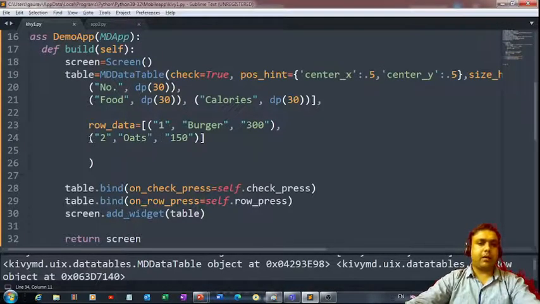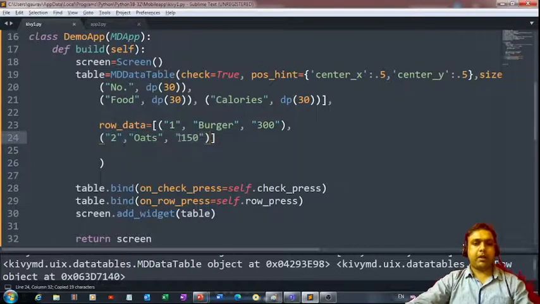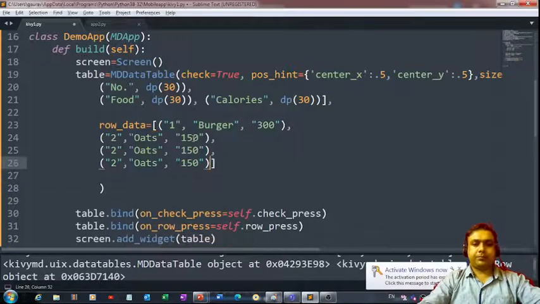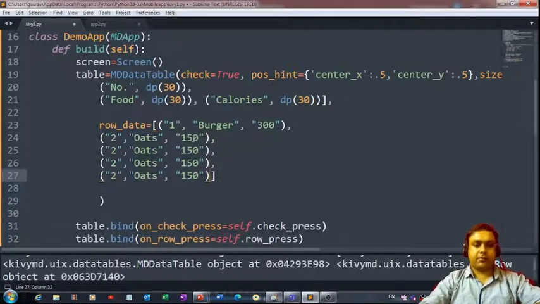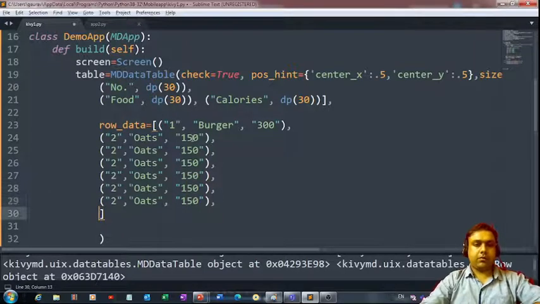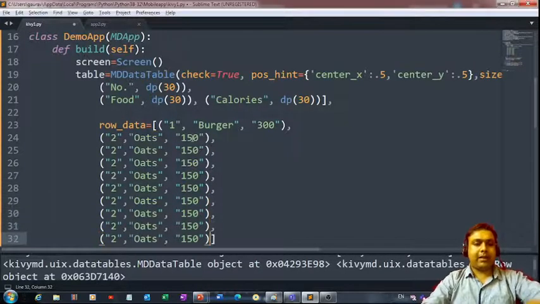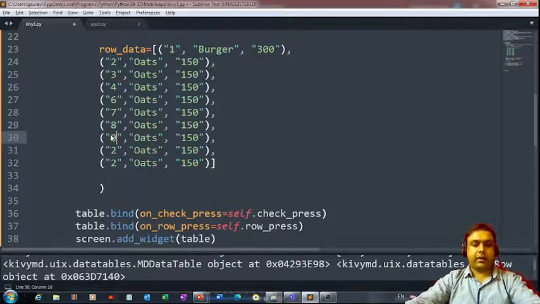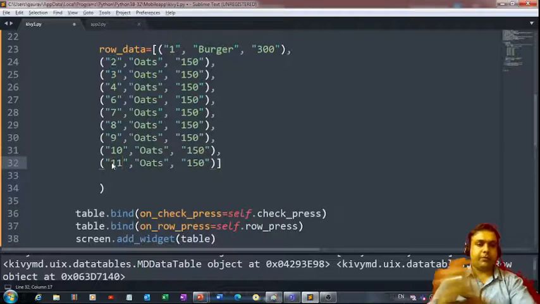To do that, we can simply follow this step. I'm copying it and putting it over here. I'm going to make different instances of this. I would like to have 10 rows, let's say. So this is the first row, this is the second one, then we are going to have the third row, fourth, and in the fourth one, this is the data. I'm going to have seventh, then eighth, then ninth. Okay, so we have, I think, 11 rows. That is perfect. Now it's time for us to change the values over here.